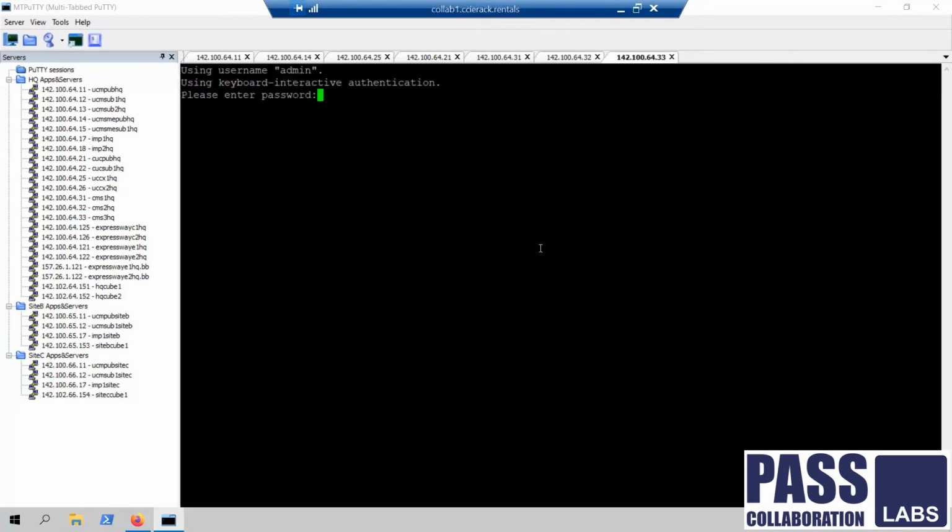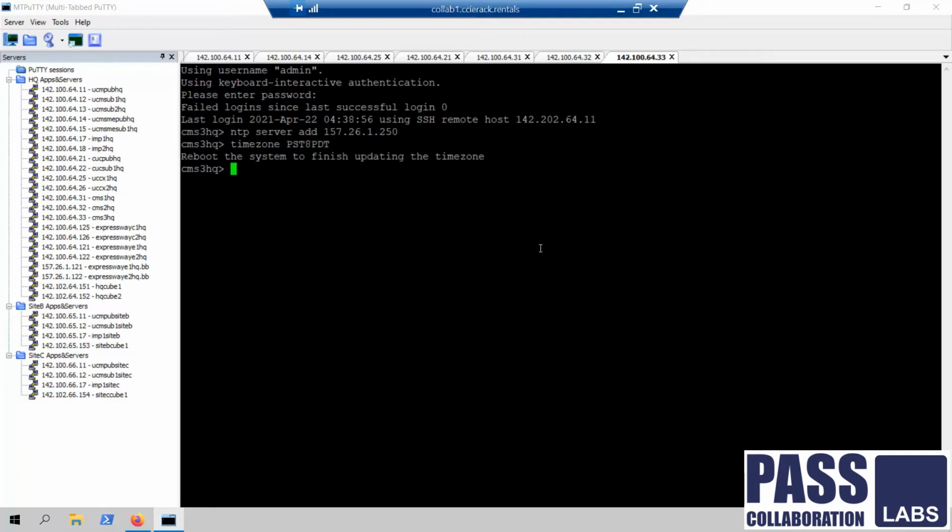Now we'll finish the configuration with CMS3. Follow the same steps. And finally, we will reboot.